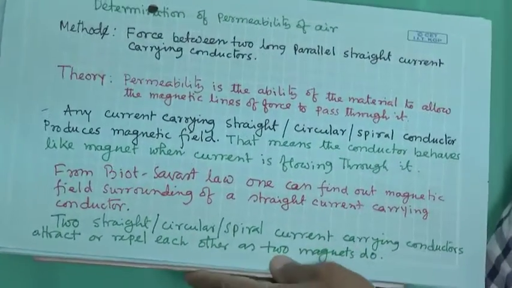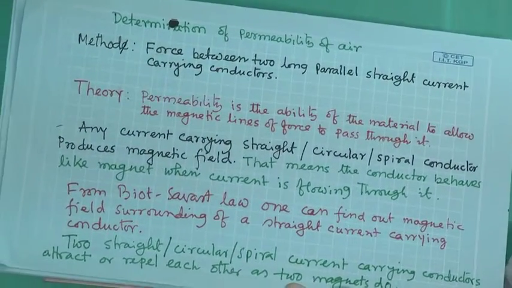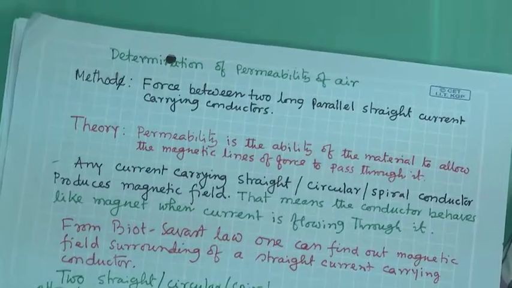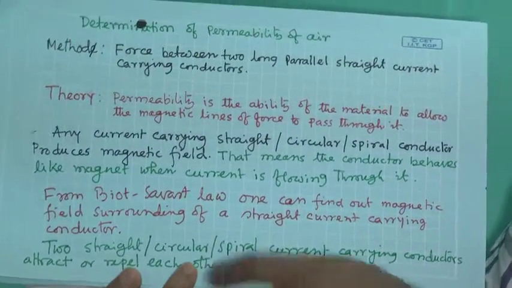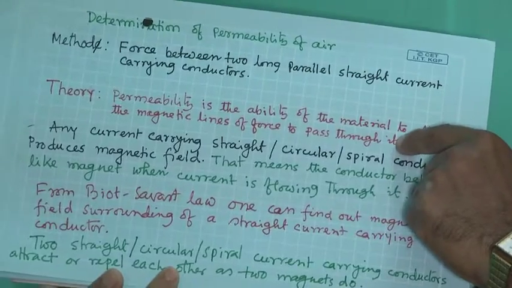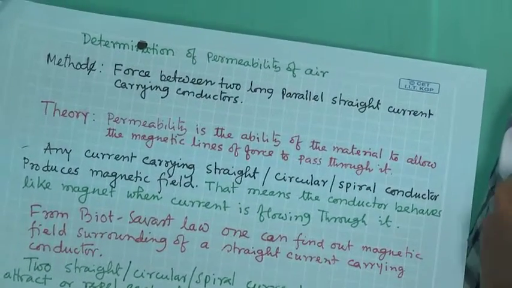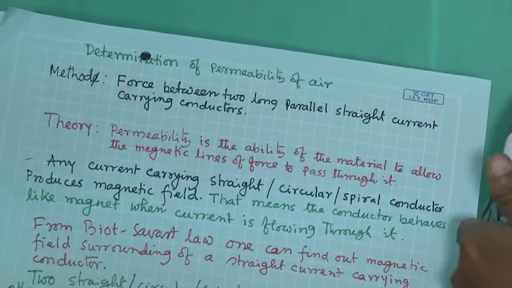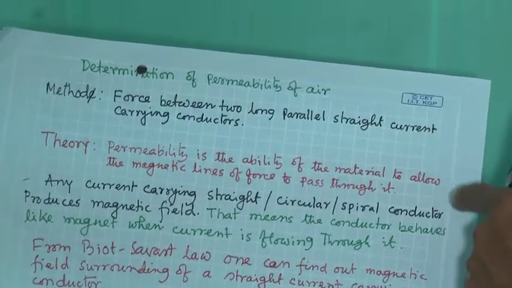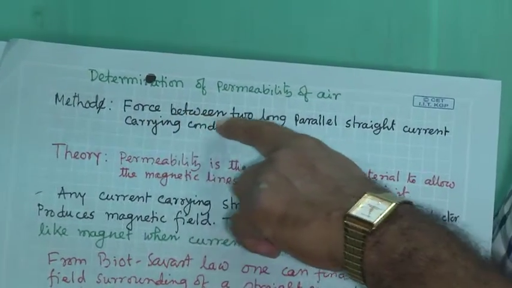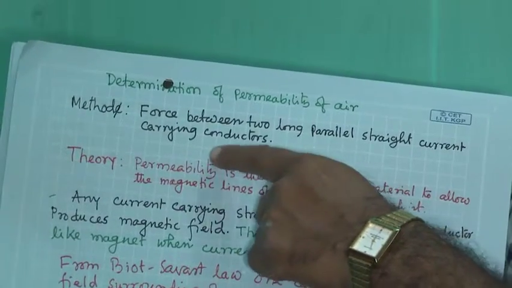Permeability is the ability of the material to allow the magnetic lines of force to pass through it, okay. To determine this permeability, the method we will use is basically the force between two long parallel straight current carrying